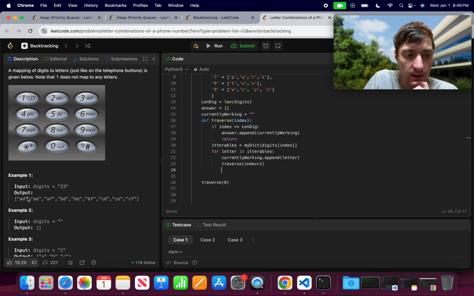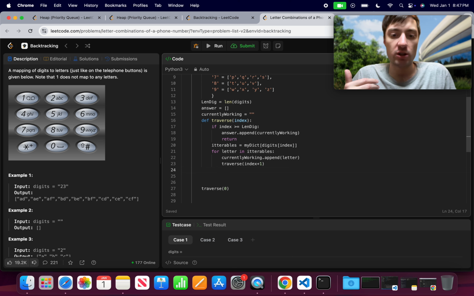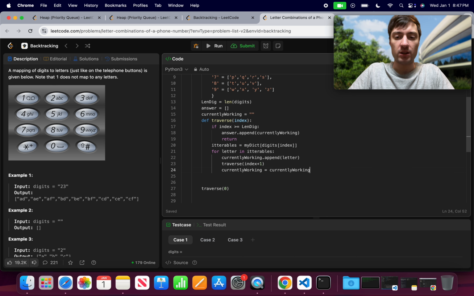Now that I've added this D, I'm going to pop out of here. I just added everything and got out of bounds, and then put this AD into the list, but I still have AD in currently working. I now need to remove that D and go to the next iterable. So I need to remove the one that I just added. So currently working equals, how do you do that with a string? Currently working